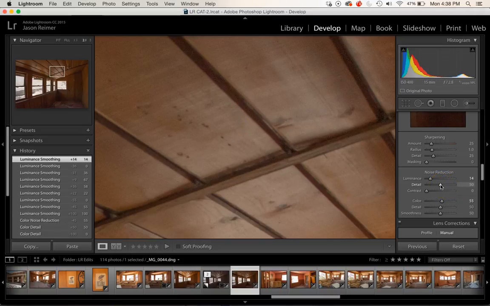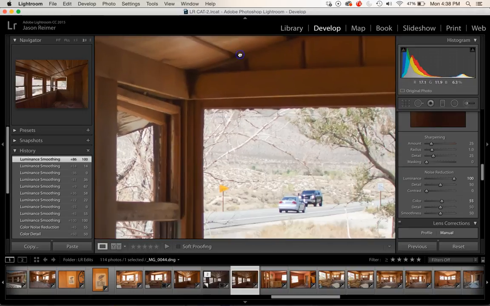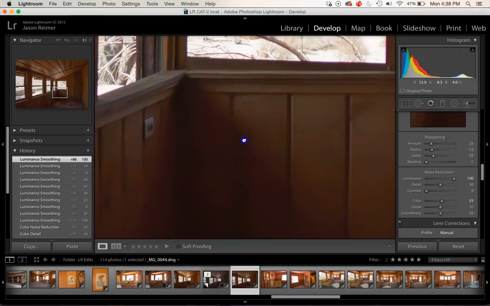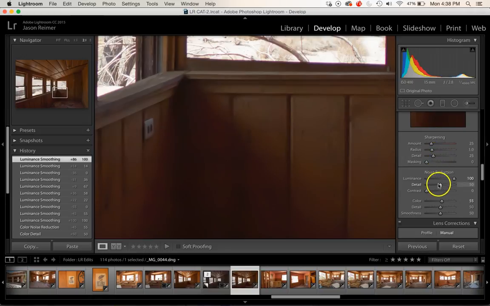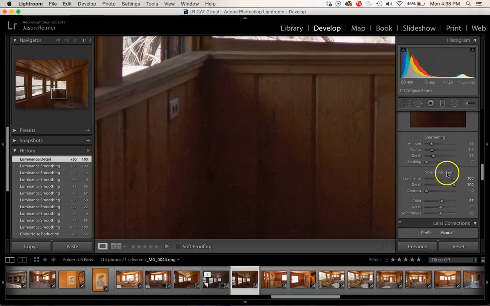The detail slider here works similarly. Let's say we overcompensated here. We reduced a lot of noise, but now we have this soft, smeary looking thing. We could bring back some detail like this, but now again we have some kind of blotchiness here. A better way to get our detail back here is to just not use so much of this and bring this back down